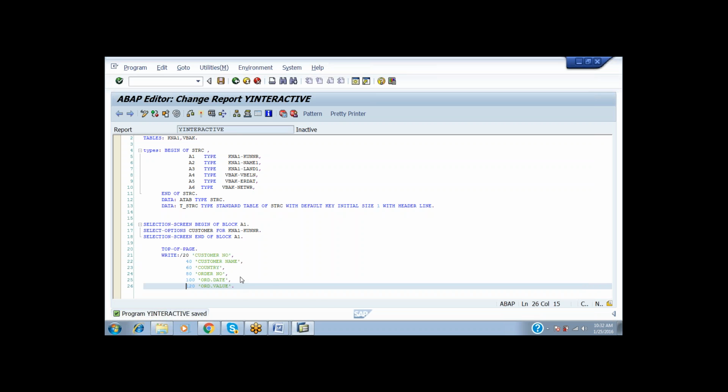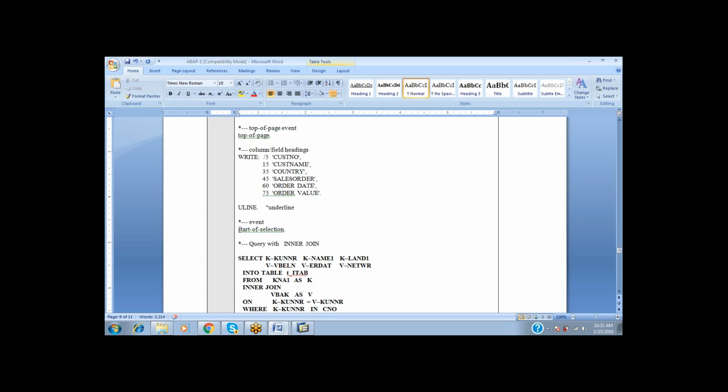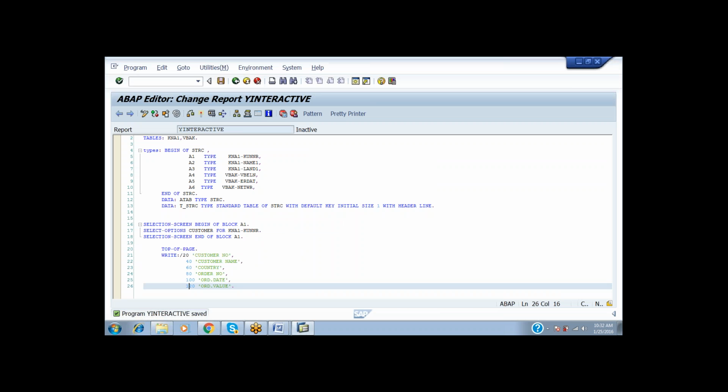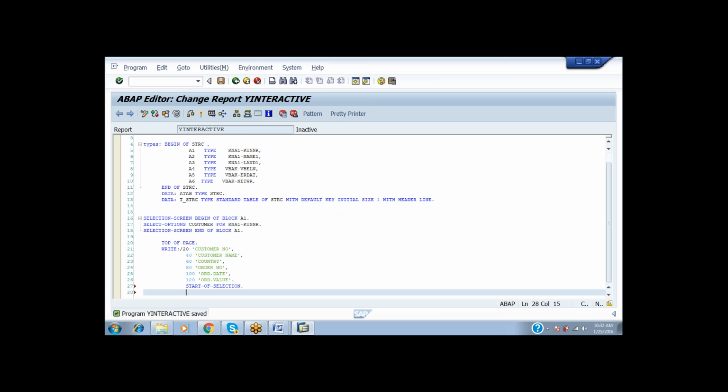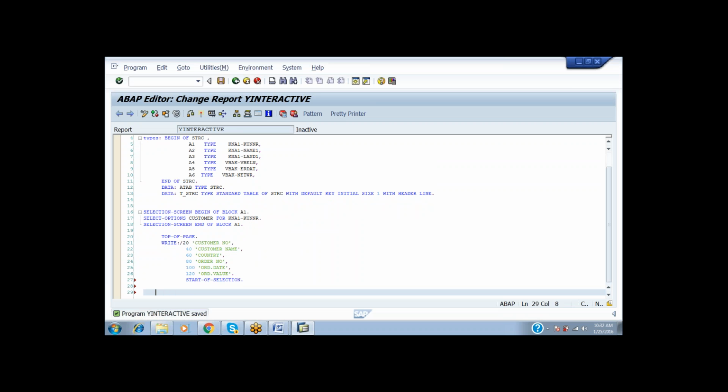So after proposing the order values, we have to set the start of selection. When we have selected the start of selection, what we have to do is select V KUNNR and the V main one and also V land one,